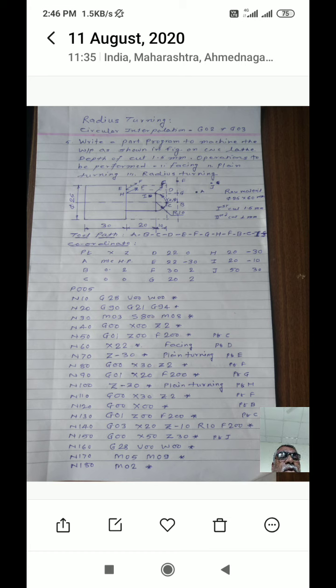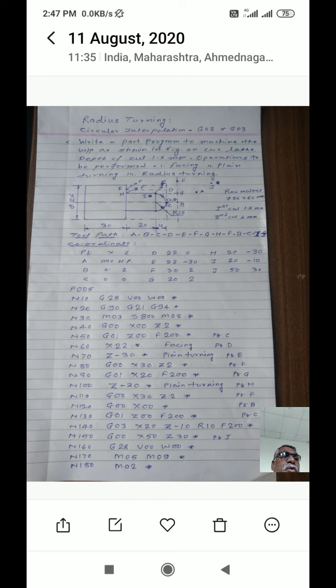Then you have to write down the three blocks known as closing statements, that is N160 G28 U0 W0, N170 M05 M09. M05 means spindle off, M09 means coolant off, and the last block is N180 M02, end of the block. Is it okay? Did you understand how the radius turning is used?